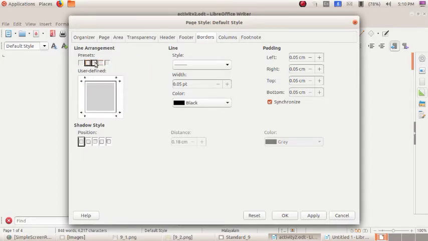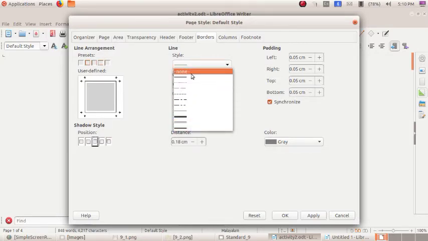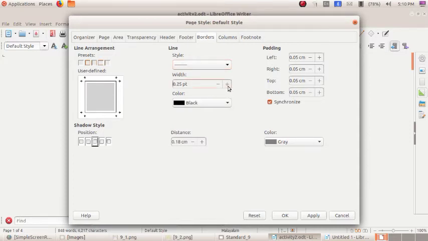This is for left and right only, up and down only, for left side only. Here we want 4 side borders, so click here. Then if you want shadow, you can click here. Okay, like this. Then here under the line there are 3 options: style, width and color. So you can select any style from this. Then if you want to increase the width, you can click here. See, the width is increasing. Okay, so adjust it.